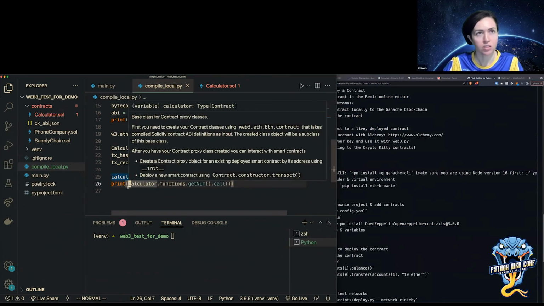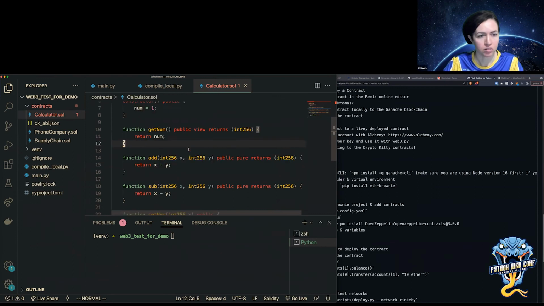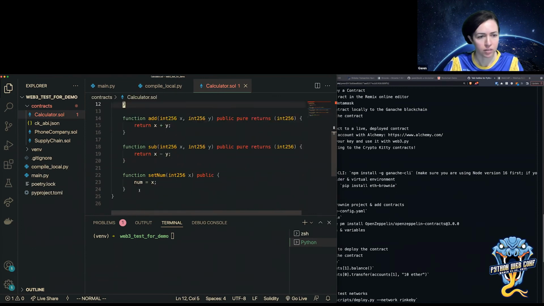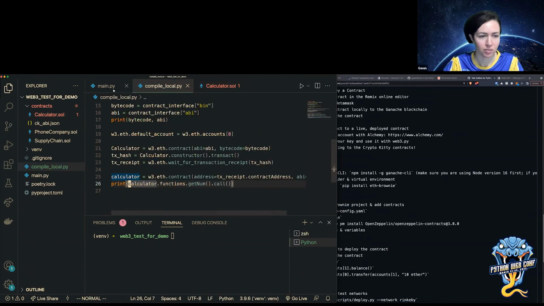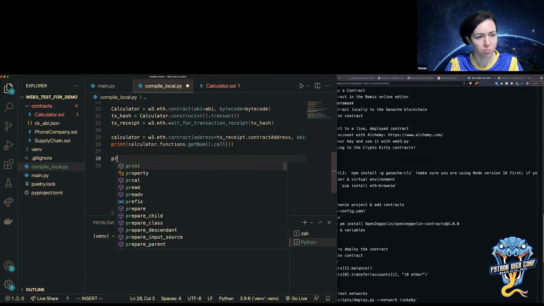So let me transact. I have some other functions, but this is the only one that will need a transaction. I have set num. So let me call set num from here, and let me call print.